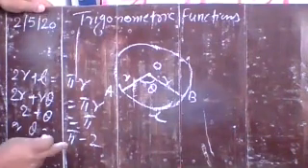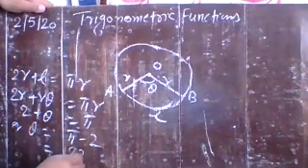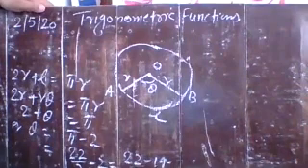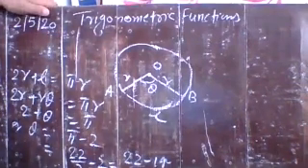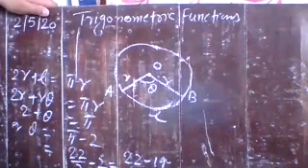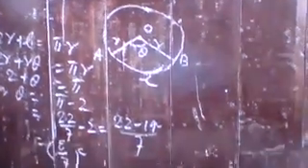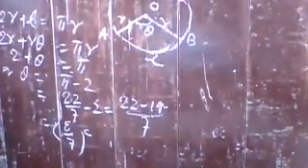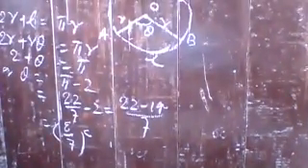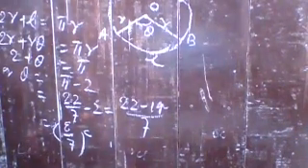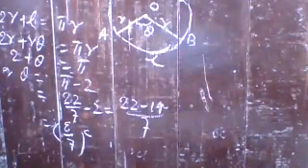Okay, now putting the value of pi here. So you have 22 by 7 minus 2, which is 22 minus 14 upon 7. And subtracting, that is 8 by 7. So 8 by 7 radian. Here you have theta is equal to 8 by 7 radian. Now convert into degree, minute and second. So what you do? You have to multiply that by 180 upon pi. 180 upon pi. Check it.